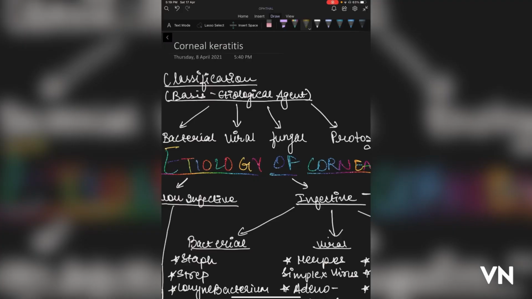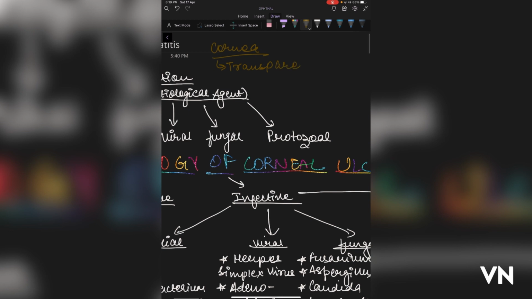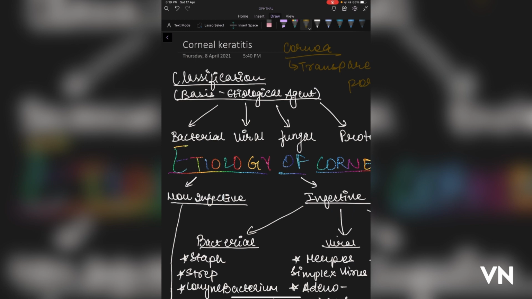We know the cornea is basically the transparent anterior one-sixth of the eye, the portion that is visible to the front, that is visible in the mirror when you look into it. It is avascular and derives its oxygen from the air itself. That is why it does not need any blood supply, but there can be infection since it is exposed to the environment. It is called corneal ulcers or keratitis.